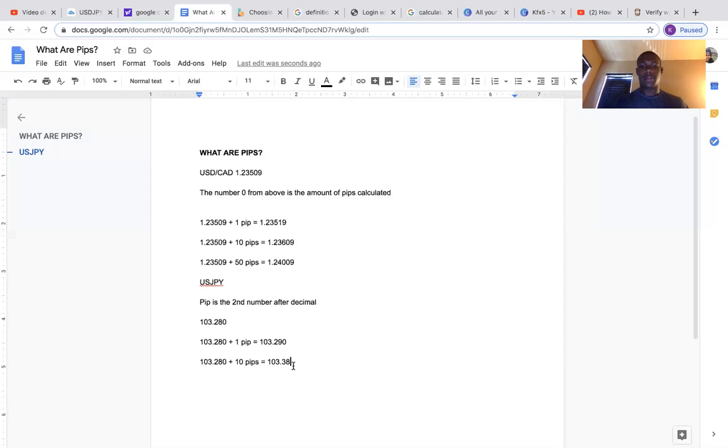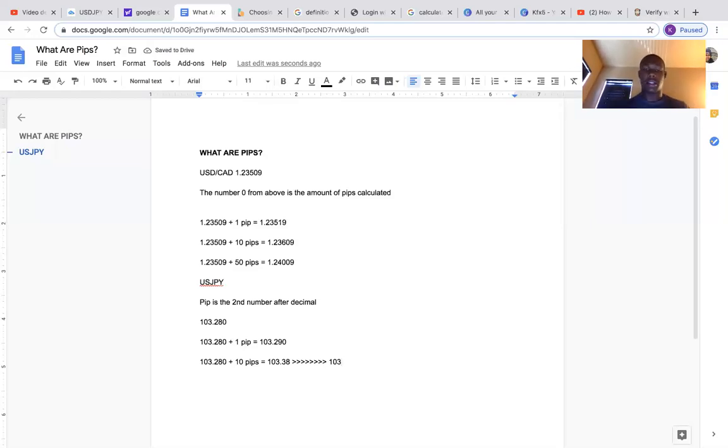I'm doing this to make an explanation. 103.28: if it's at 28 and you want to add 10 to 28, it's going to be 38, ignoring the 0. If you wanted to add 1 to 28, it's going to make 29. You get that? So, math 101, there's math in this, but I'm helping you learn how to calculate pips